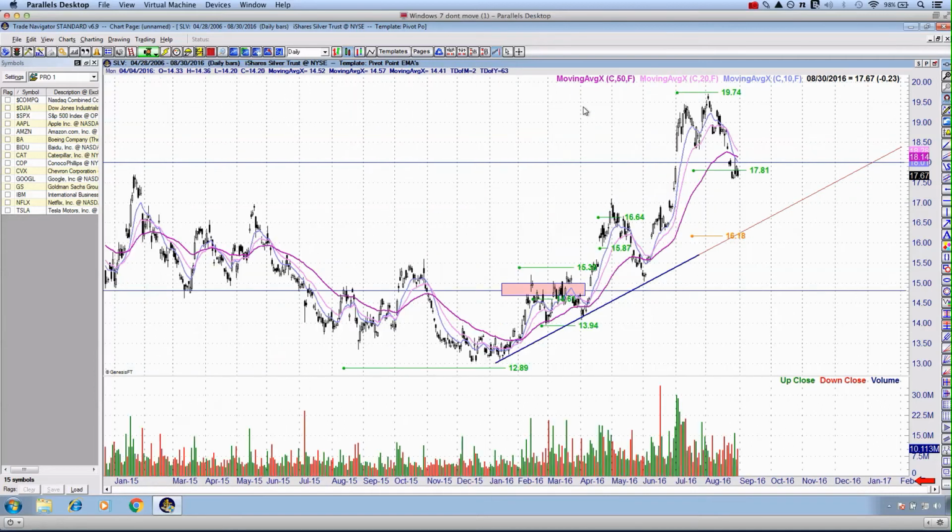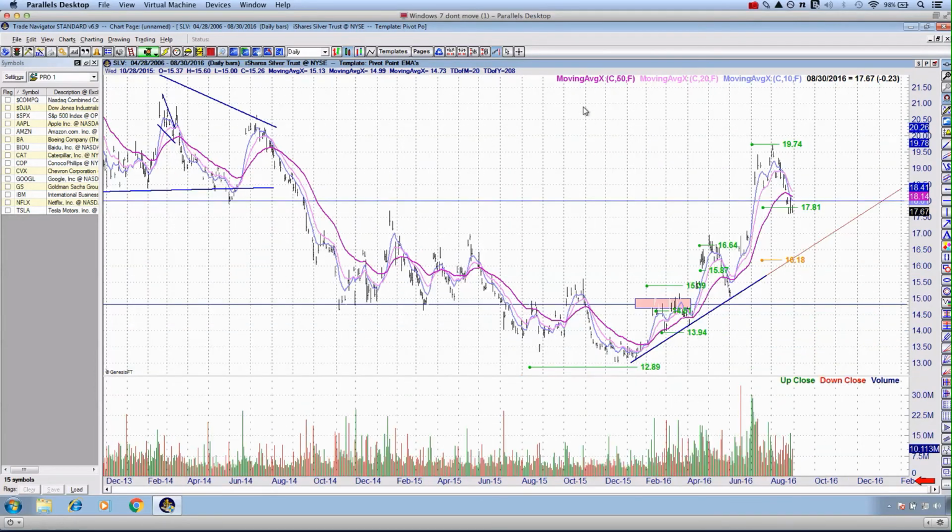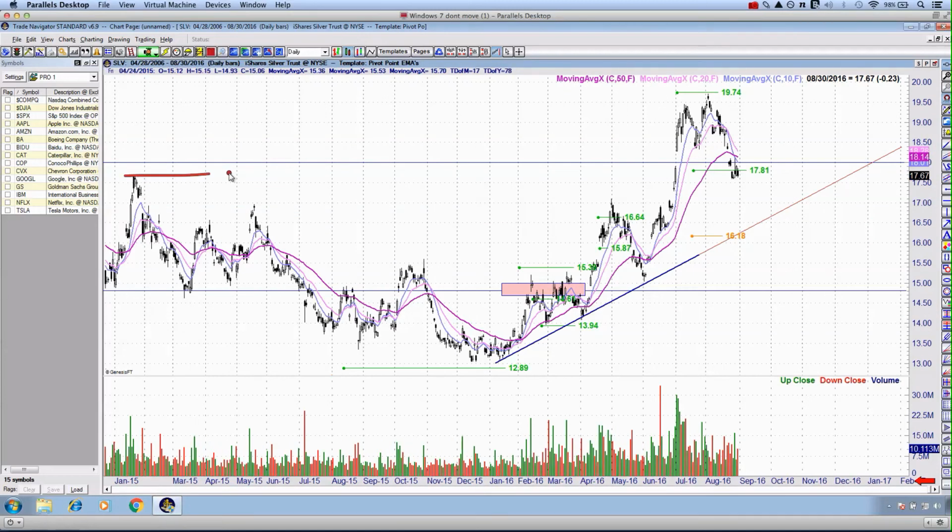And if I zoom out a little bit for you, you can see that we've actually taken out some of the swing highs, the macro swing highs, which were defining the bearish trend all the way through to September 2015. So we'll see whether or not this is a legitimate and also sustainable move in silver. That will be decided, or at least revealed to us, once we interact